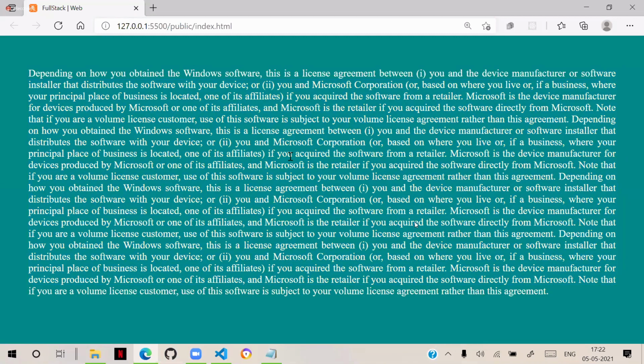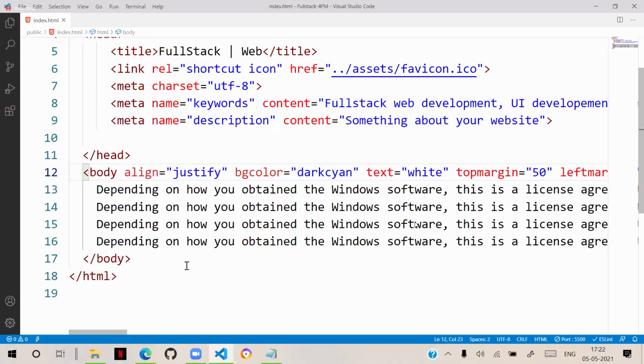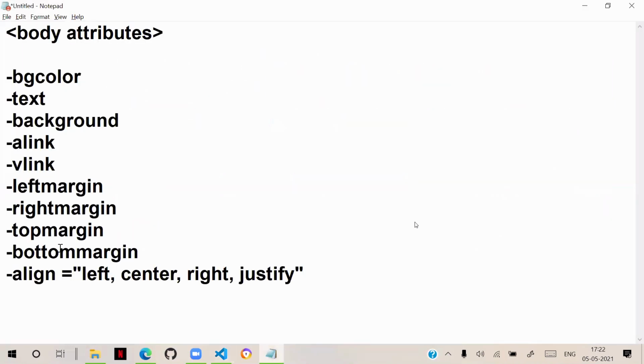So we can give the alignment of the content inside the body: left alignment, center alignment, right alignment, and we can keep some margins. We can adjust the margins. So that is generally how we can configure. This is the attribute for alignment.